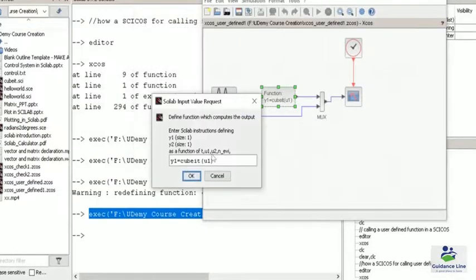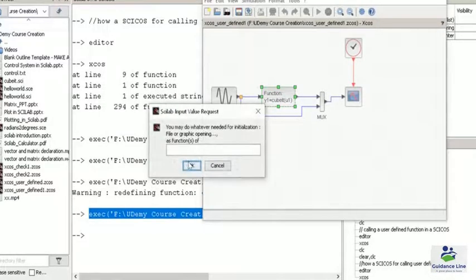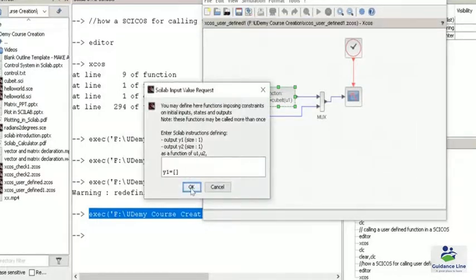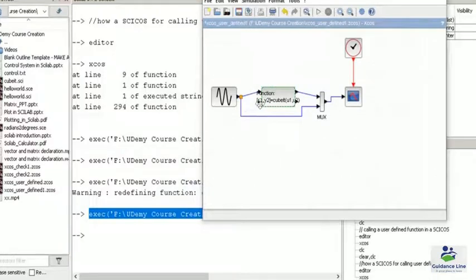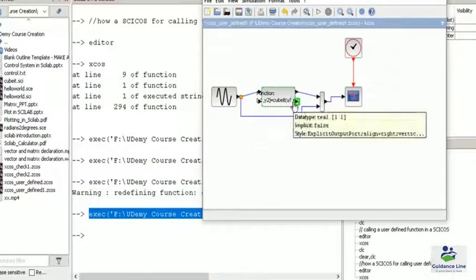Next, in the function body we know we have two output ports and two input ports. So the output arguments I write in a square bracket: y1 comma y2 are the two output ports, and then u1 comma u2 are the two input ports. And then we again have these three windows which we simply click OK. So you can see we have added one extra input and output port over here.